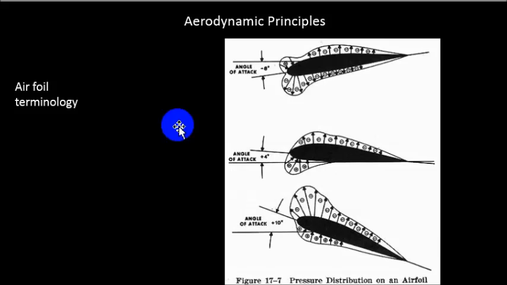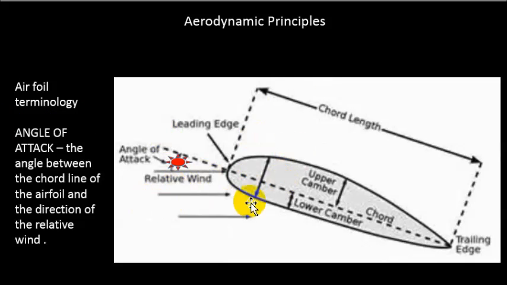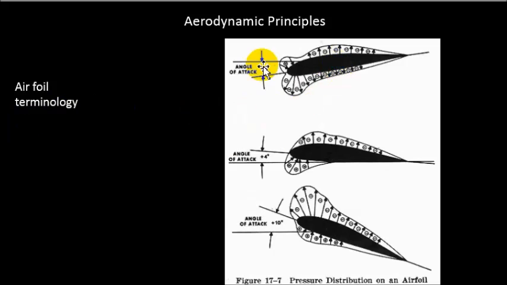Here we have a couple airfoils, and let's come back to our angle of attack. So the relative wind is actually attacking and forming an angle here with the chord line. Here we have a 0-degree angle of attack. Here we have a 4-degree angle of attack. And then here we have a 10-degree angle of attack. Now,